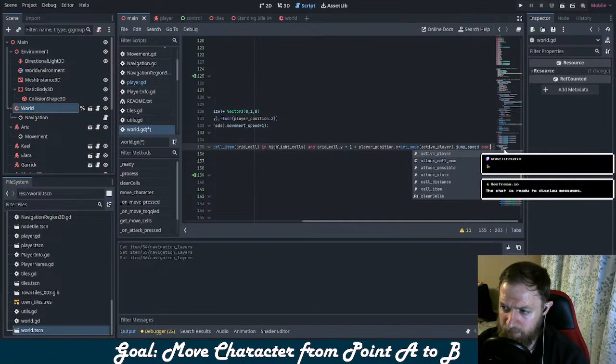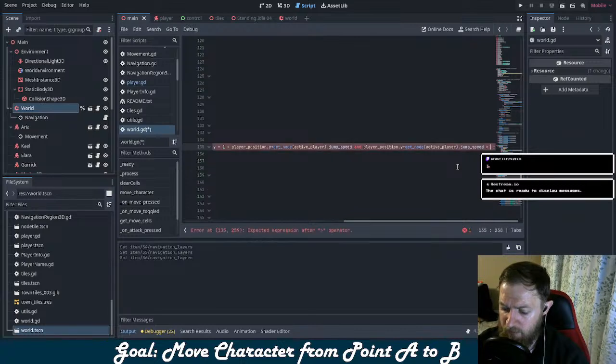And player position plus jump speed is greater than player position minus jump speed is less than, is greater than